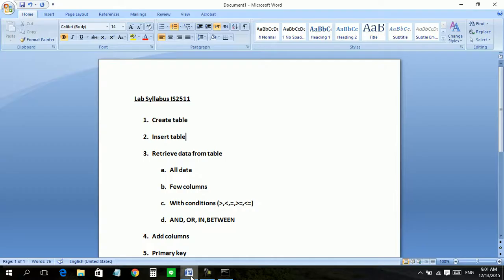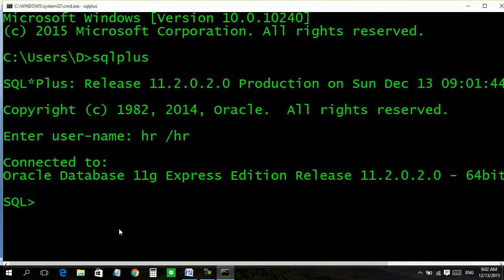Our lab syllabus, first thing in our lab syllabus is create table. Now we will see how to create table. The syntax is create table, then the table name. For example, we are going to create a table for students.